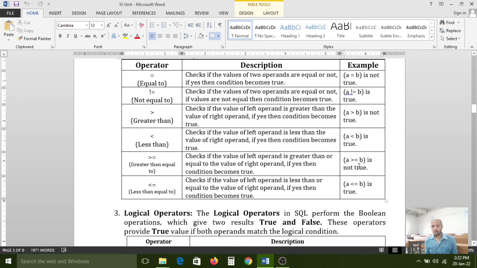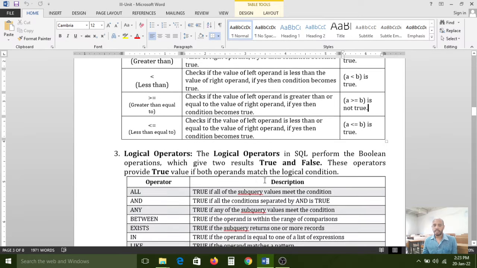It is neither bigger nor equal. A value is not equal to B and A value is not greater than B. So this expression is also wrong. So that's why the result is not true. That means false. The same expression applies to less than or equal to.